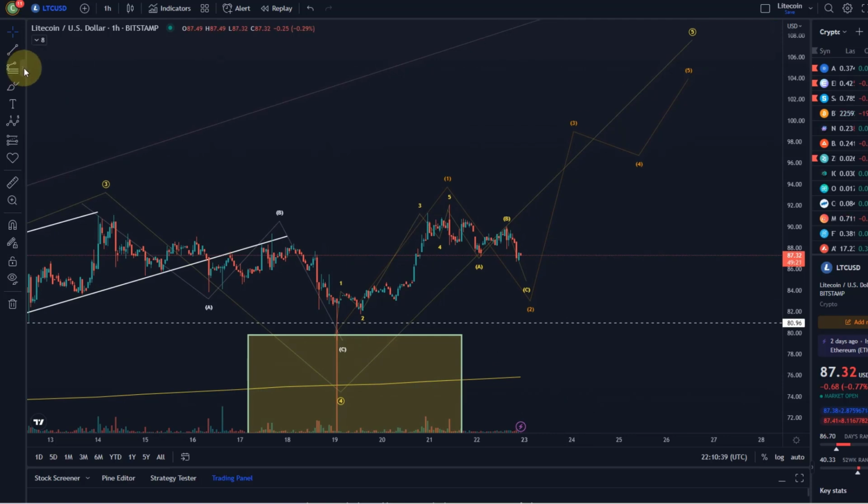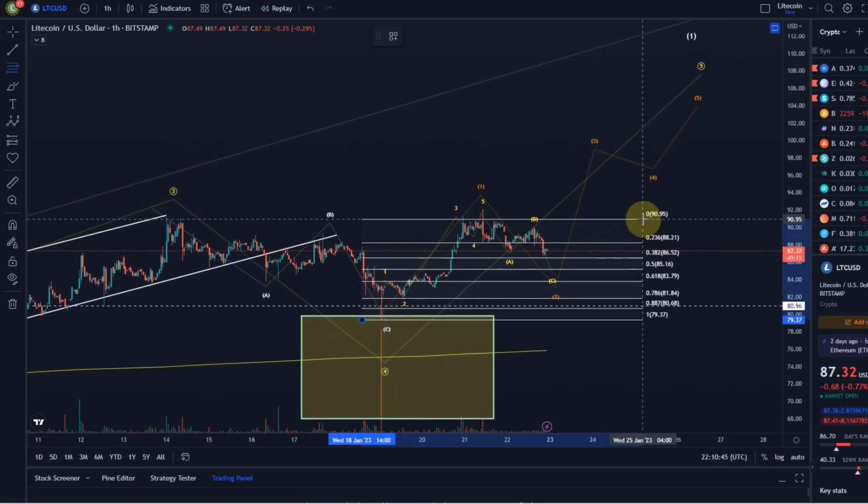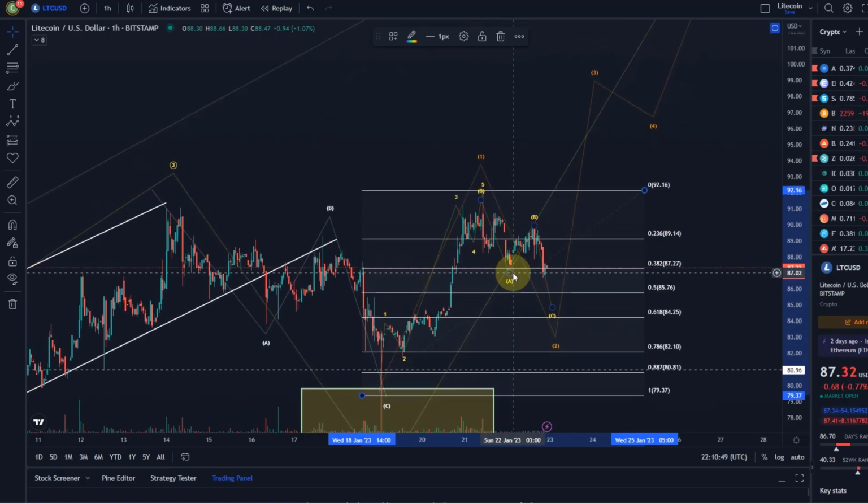How much have we retraced now of that low? Just need to make sure I pick the low here to the high. We've retraced now to the 38.2 Fib level. Now, as you can see, the A wave hit that. That's a typical target for an A wave. So the C wave could, without a problem, come down to the 61.8 retracement around $84, maybe even the 78.6 retracement at 82. That's sort of maybe a next possible entry point in case you missed this one and the